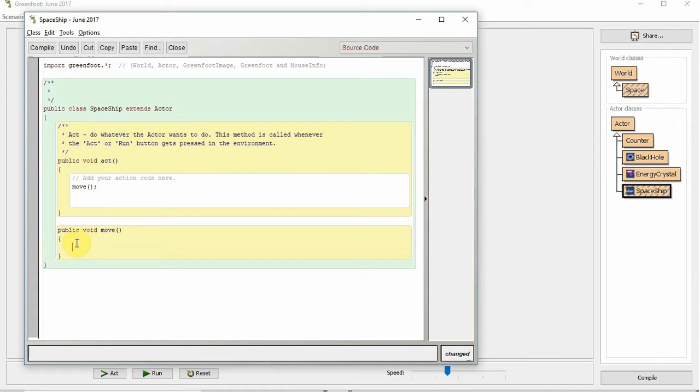Okay, so now I'm going to do the code to move the spaceship. Now the first thing we must do is to work out the current position of the spaceship. So we need the x coordinate, x, I'm going to call this current x coordinate, like that, okay,